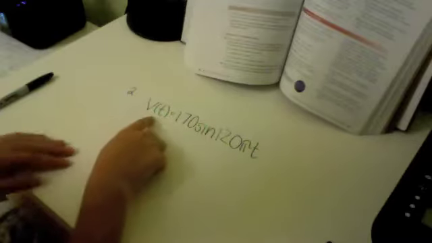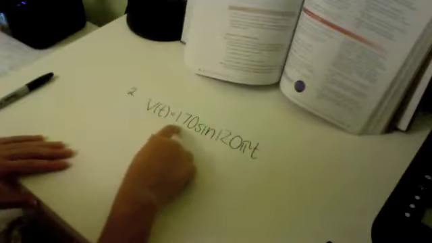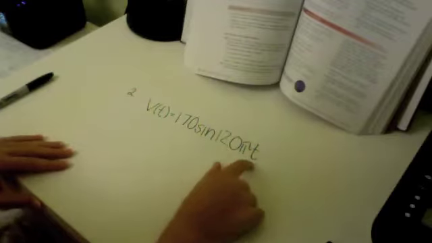Question 2 says, the voltage signal from a standard North American wall socket can be described by the equation V(t) = 170 sin(120πt), where t is time in seconds and V is the voltage in volts at time t. So this question can be related to the real world